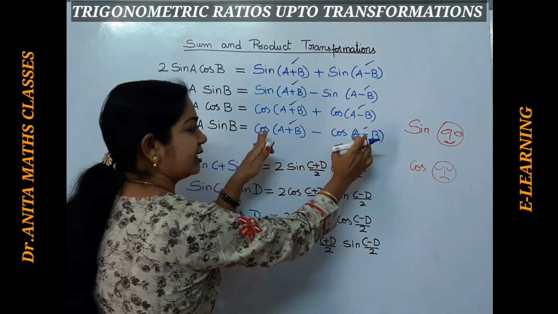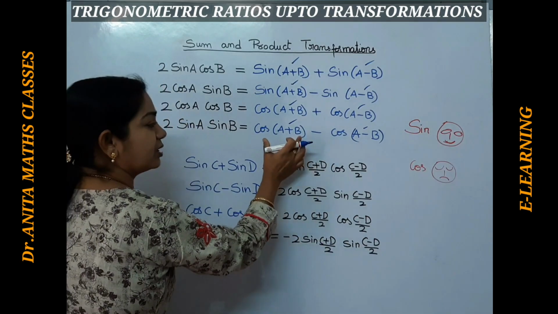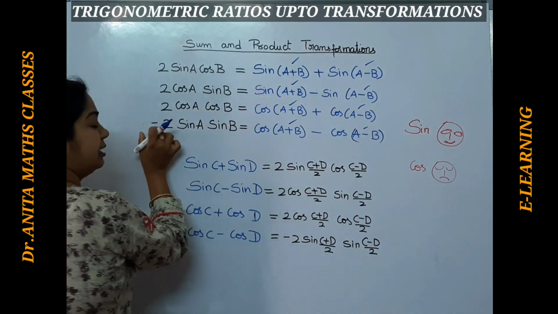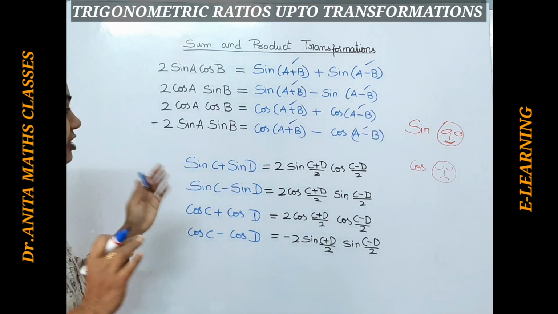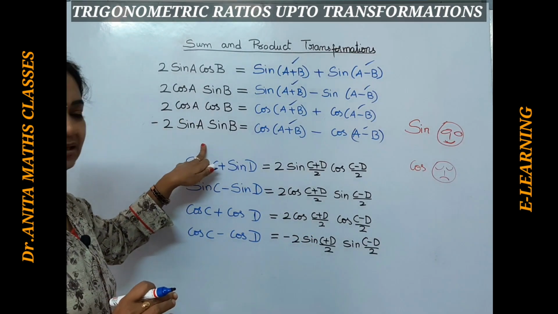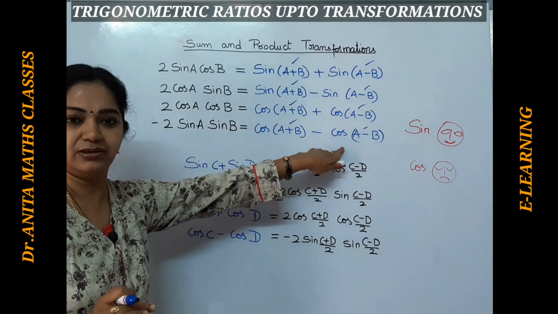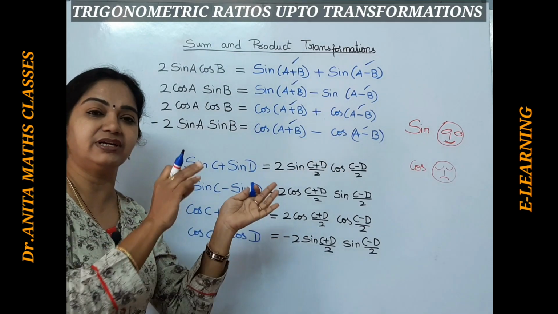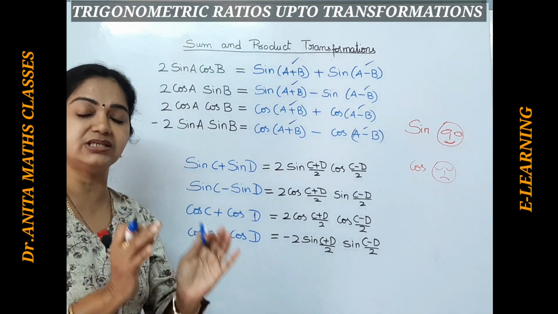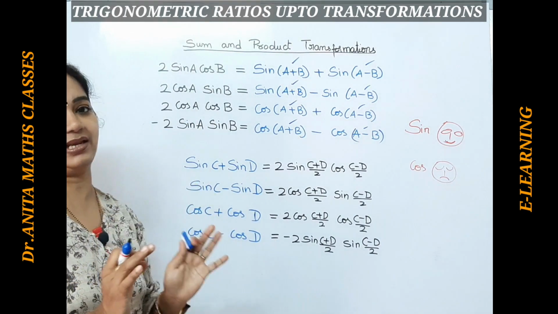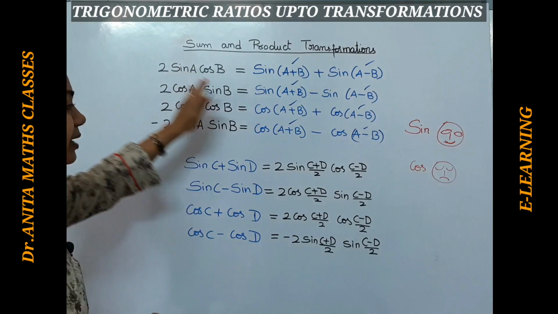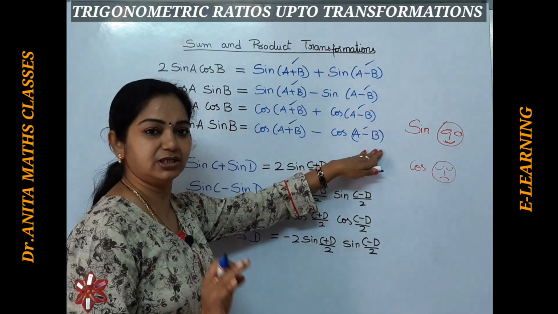If you are remembering likewise, only that when cos is there, minus, so keep a minus sign. Take the second part of the cos A plus B. First part is this, second part is this. So remember like this only, right? And for sine, it will take sine and cos, but cos, it will take only cos. For negative cos, it is taking sine. Okay, that itself. Likewise, if you remember this, it will be easy.